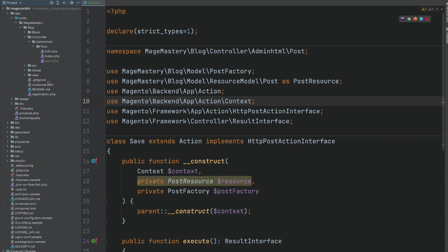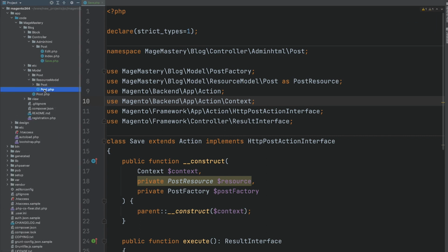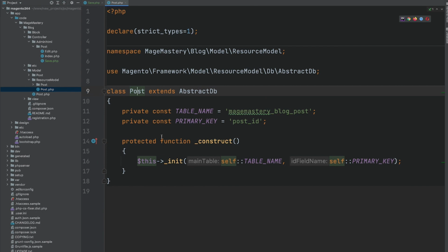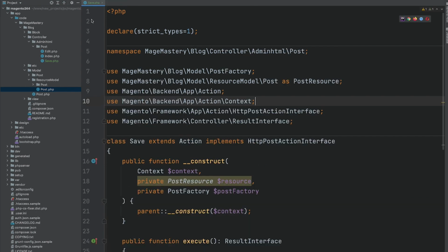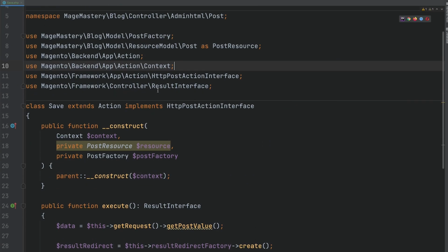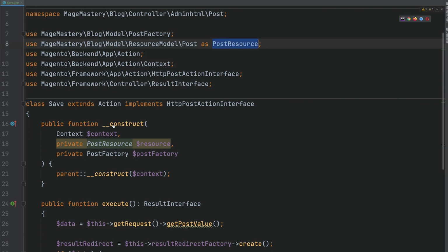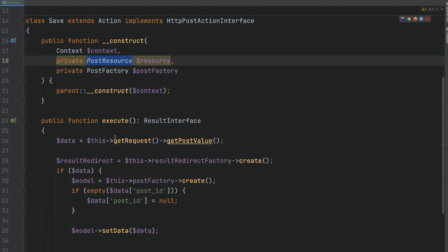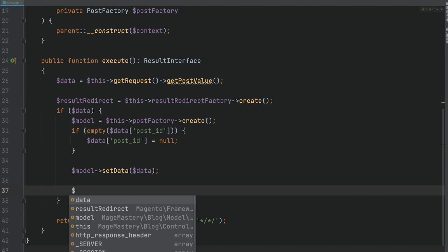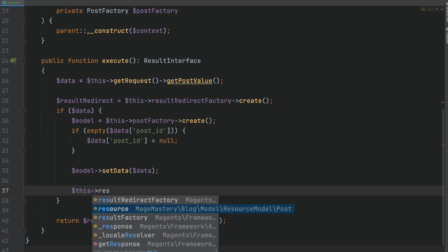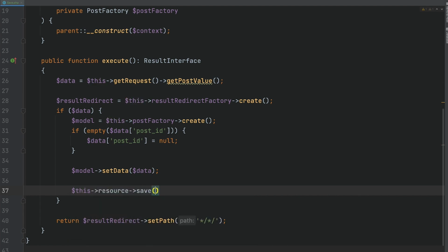It's one of the three classes, as you remember. This post PHP has a method called save, and we will use this method in our implementation. So we're going to call resource, use the save method, and pass the model.